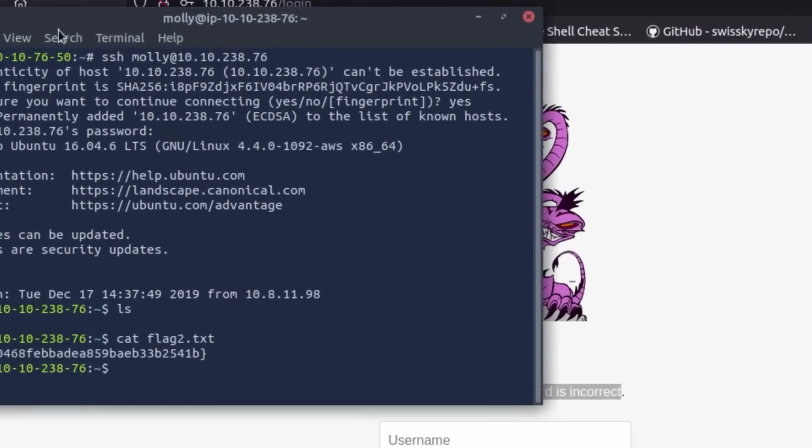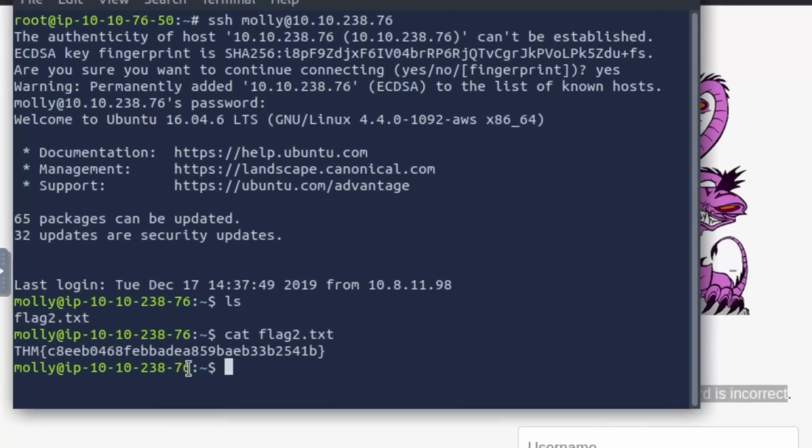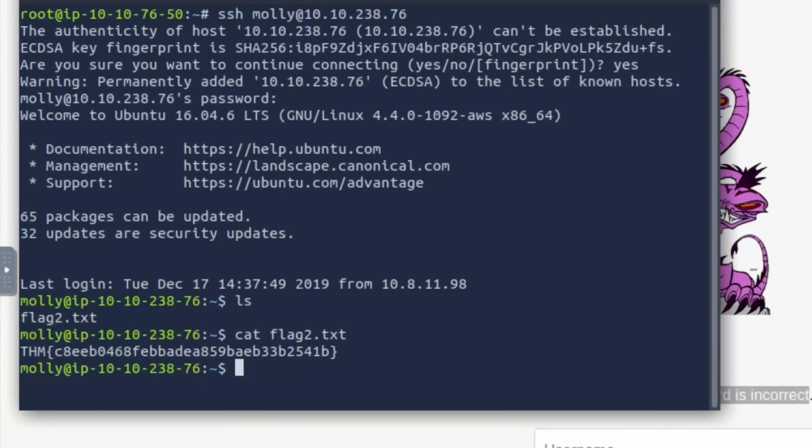So now that we have that information, and now that we've verified what fields we are using, for example the username and the password field, now we can actually create our command, our literal command prompt that we have here. So again, it's going to start with Hydra. We're going to do -L for Molly, and then we're going to do -P, /usr/share/wordlists, and then rockyou.txt. And then from there, we're going to give it the IP address, which is